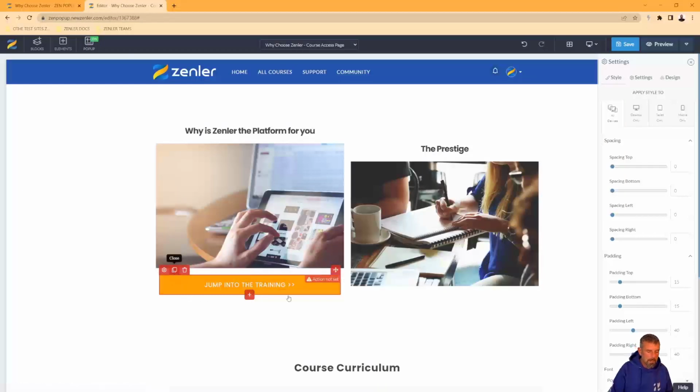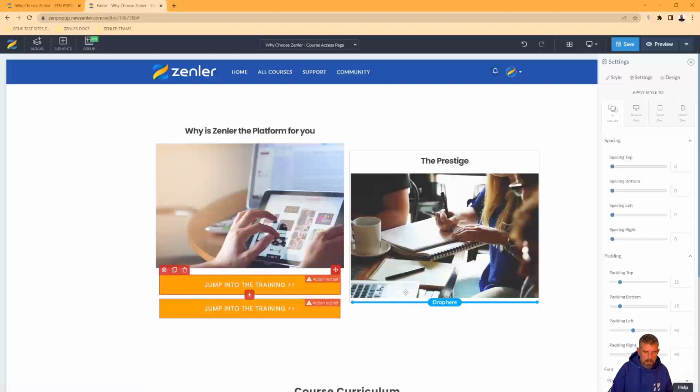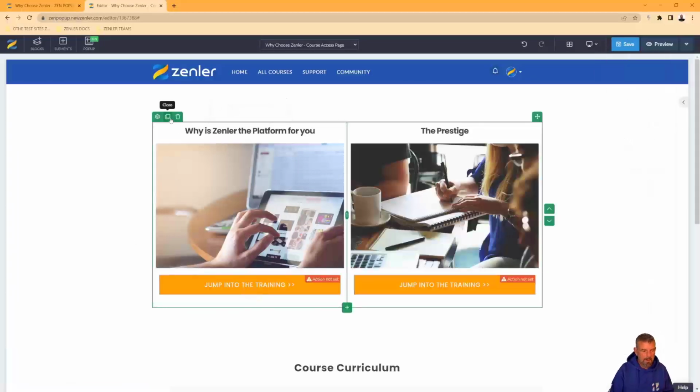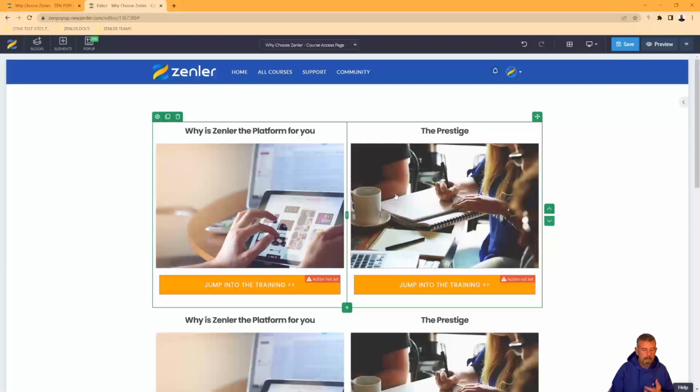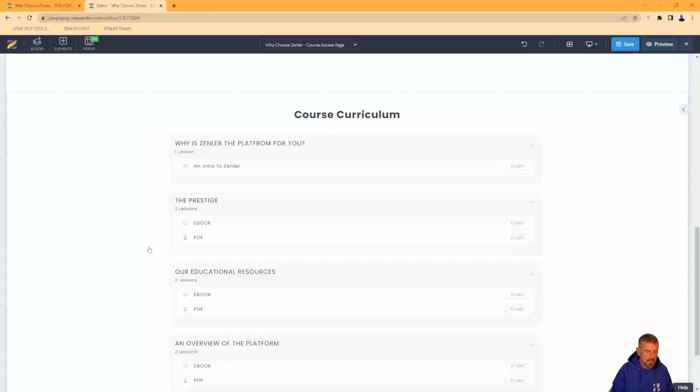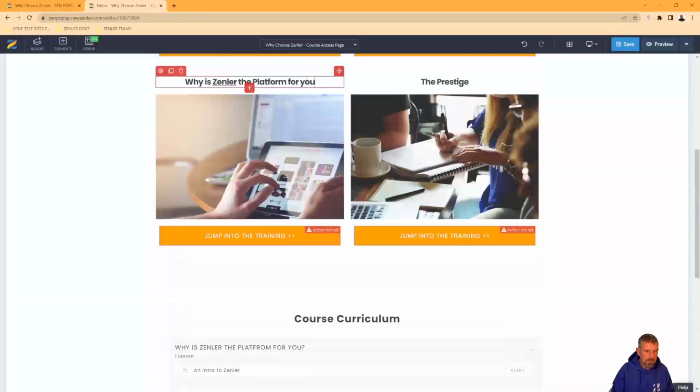Now just before I do that, I'm going to clone this button and I'm going to put it in here, and I'm going to do this for the, so I'm jumping ahead now. I'm just taking the whole row and I'm duplicating it, and just for time I'm not going to put new images in. So our educational resources, so I'm just going to change here our educational resources. Okay, and the last one we've got here